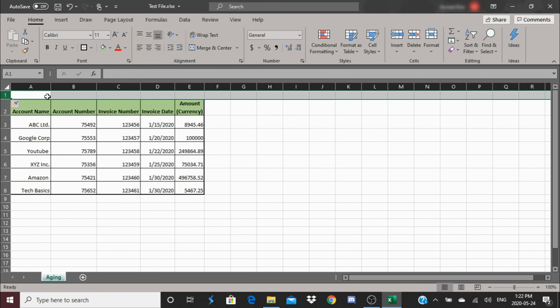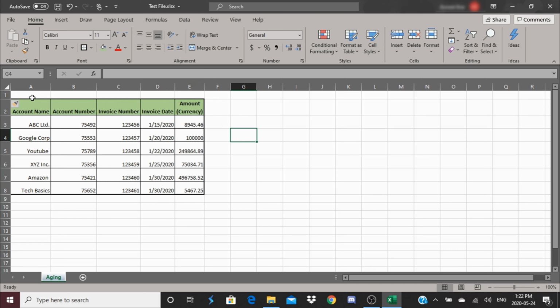It'll add a row on top of it. So you would like to have a title, for example, on your form. In this case, let's just type in receipt